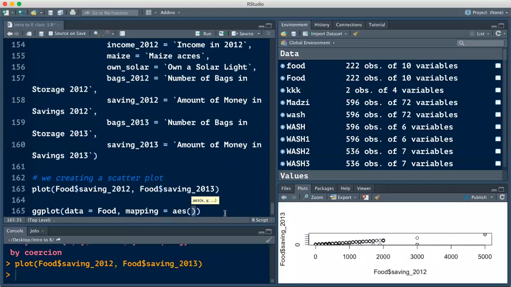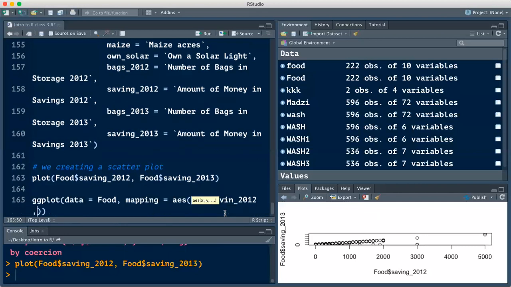The x-axis should be savings in 2012, and the y-axis should be savings in 2013, for example. If I do that,